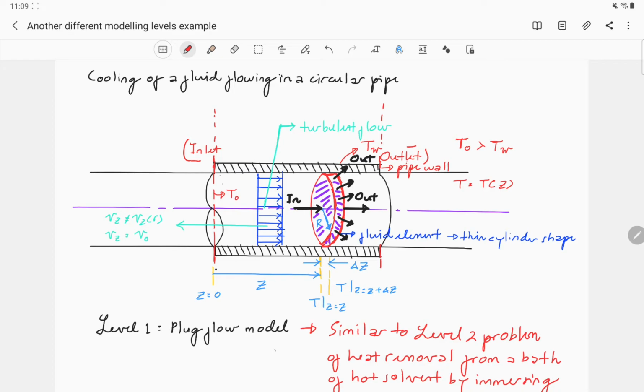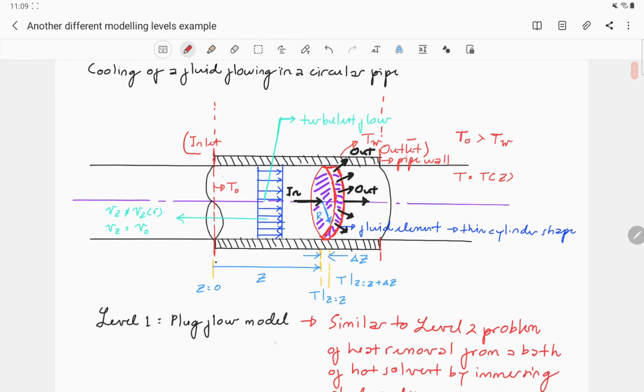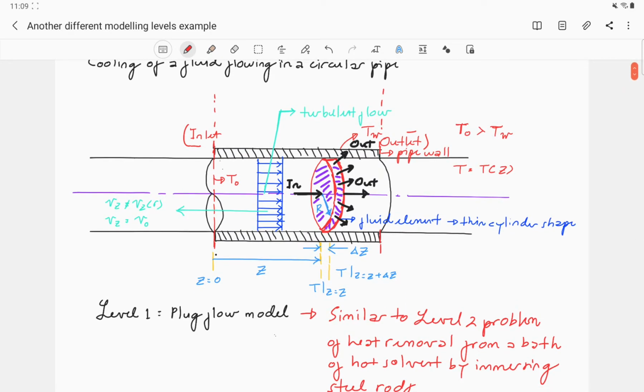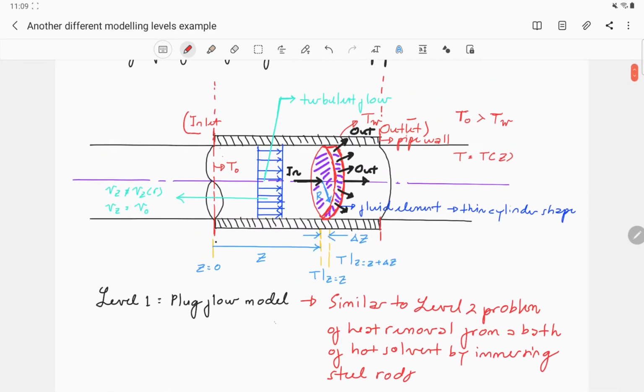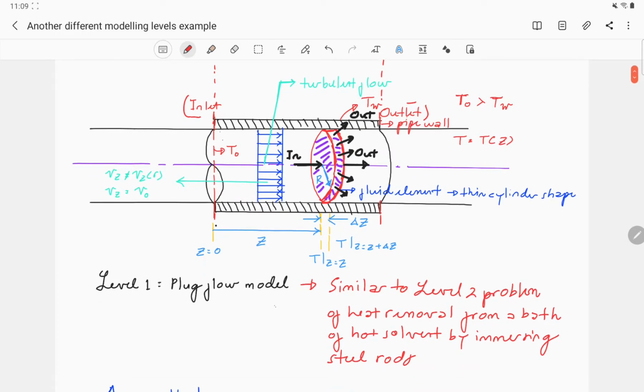For this example, we start from the simple problem first, the level 1 plug flow model. This is similar to the level 2 problem of the heat removal from a bed of hot solvent by immersing steel rods. This is called cooling of a fluid because at the inlet, the fluid